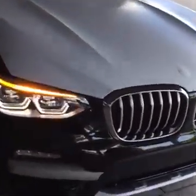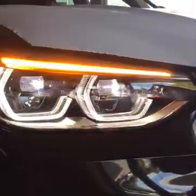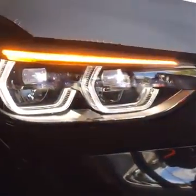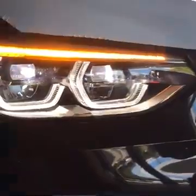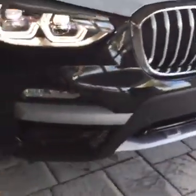We can see the new style of LED lights. Instead of being a full circle ring, they actually cut them off to give them a much more aggressive look. Of course, full LED. These are the adaptive LEDs, so they can turn up to 15 degrees either direction. They also adjust horizontally depending on speed as well. So it's really sharp. Of course, we have the new LED style fog lights down below. Once again, pulling